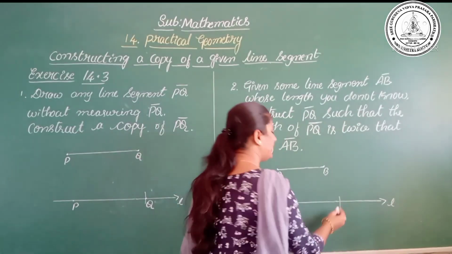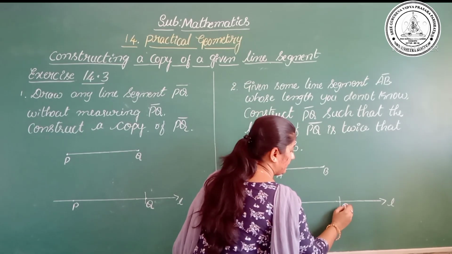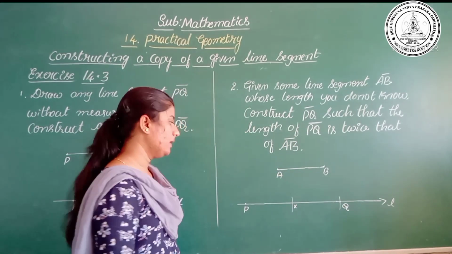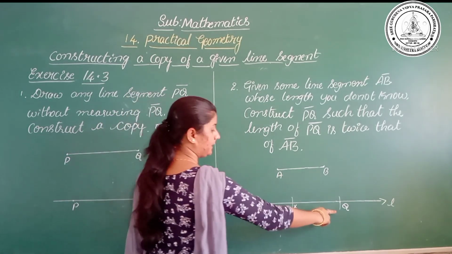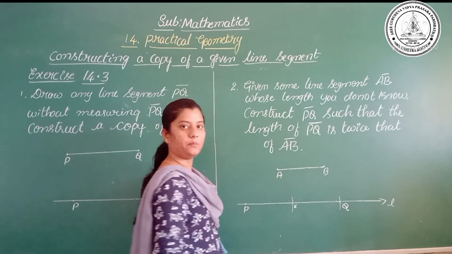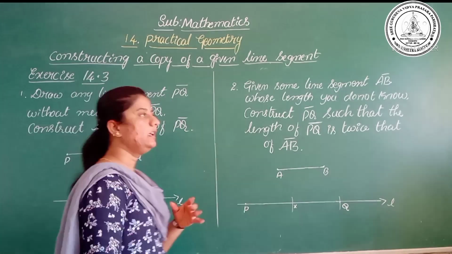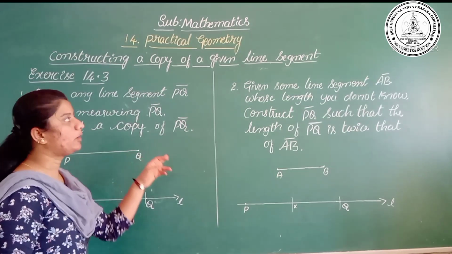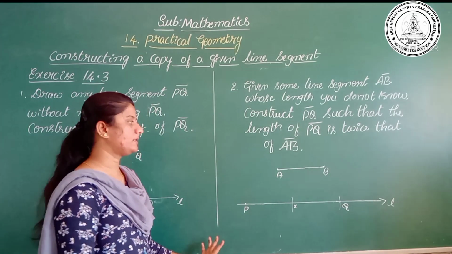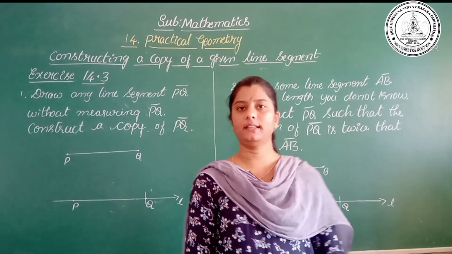Draw an arc. Now it is the point Q. Now it can be written as X. Okay, so now the PQ line segment is twice that of AB. Okay, so like this, we construct a copy of a given line segment. Clear? Yes. So up to here we have completed the exercise